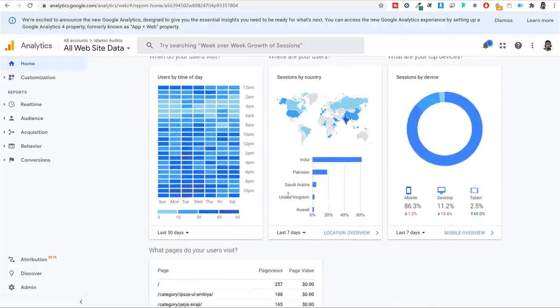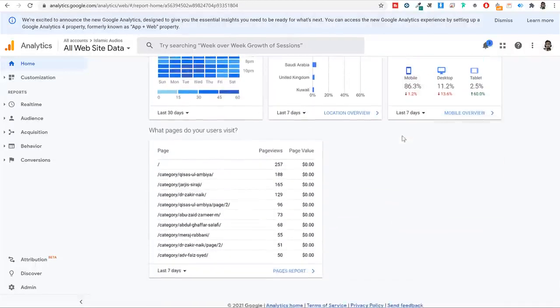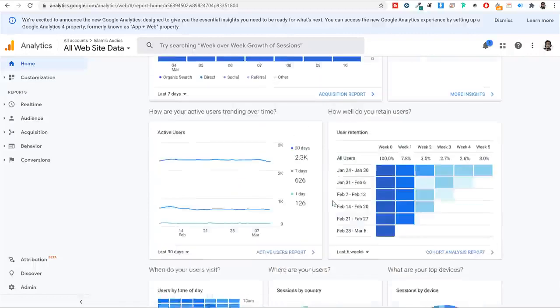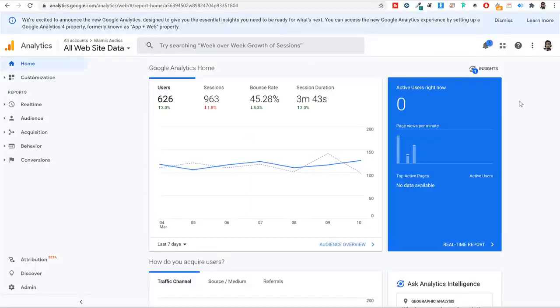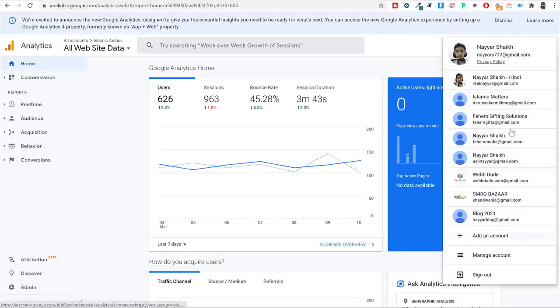Okay, so India, UK, Kuwait, Pakistan, Saudi Arabia, which page they are visiting most from. You can see all this data from here. So this is very useful. Now what I want to do is I want to create a new account just to show you how this